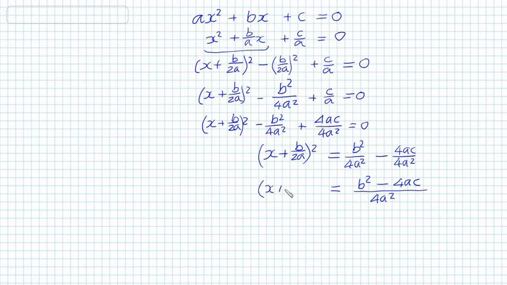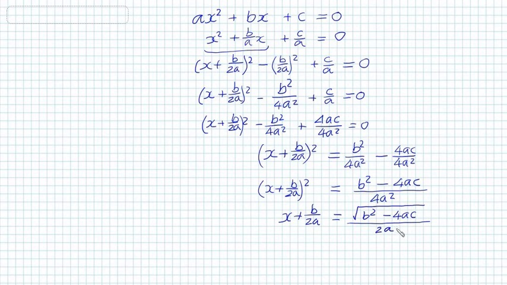That's x add b divided by 2a all squared equals that. And now all we need to do is take the square root of both sides to eliminate the square. So we have x add b divided by 2a equals the square root of all this, a ratio, and we know that the square root of a ratio is the ratio of their square roots, which is useful because the denominator is a perfect square. So we have the square root of b squared take away 4ac all divided by the square root of 4a squared,